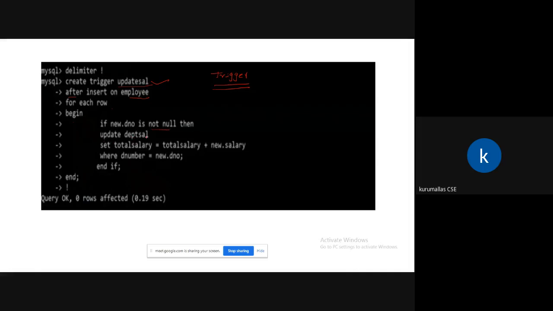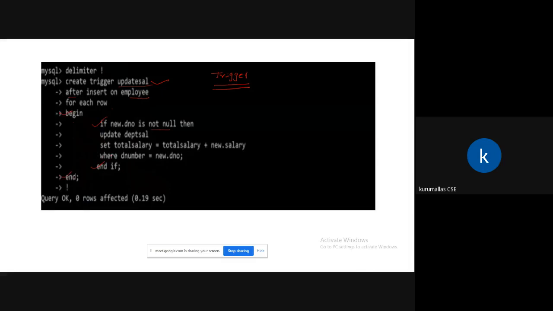Update department dept sal, set total salary equal to total salary plus new salary, where department number equal to new dot dnum. And if I am using begin, we have to end this one.